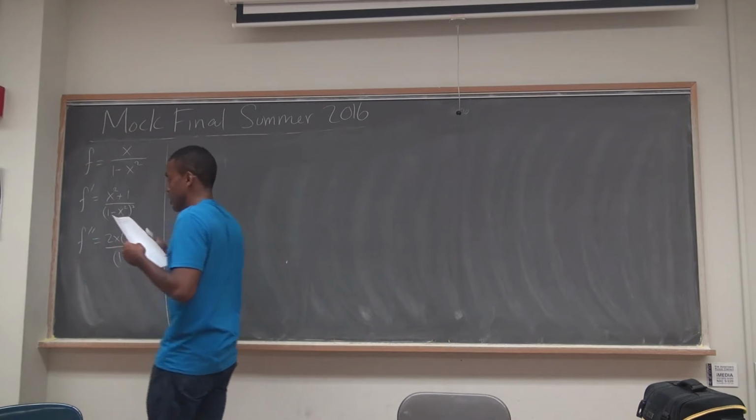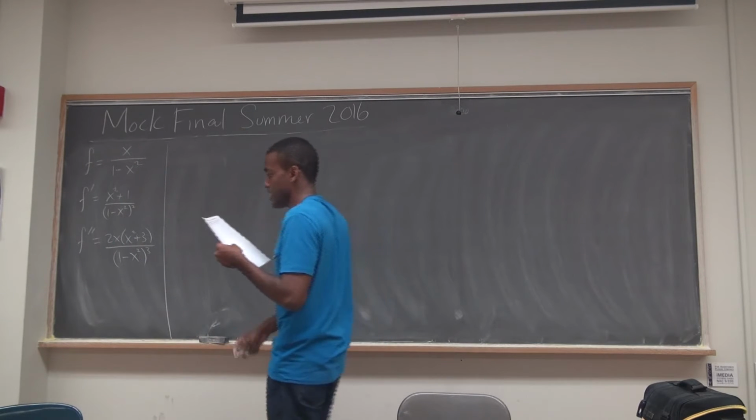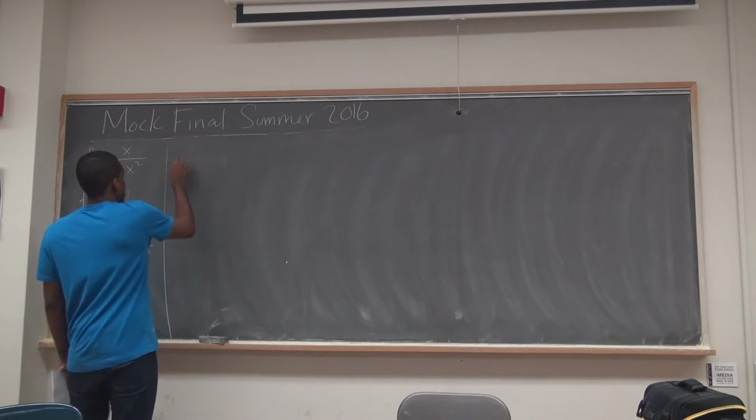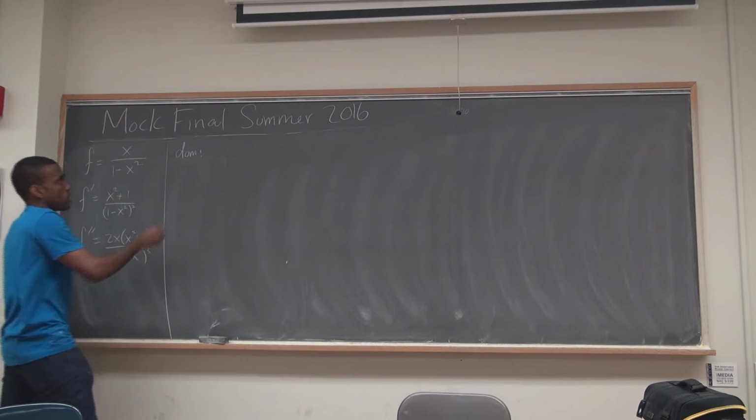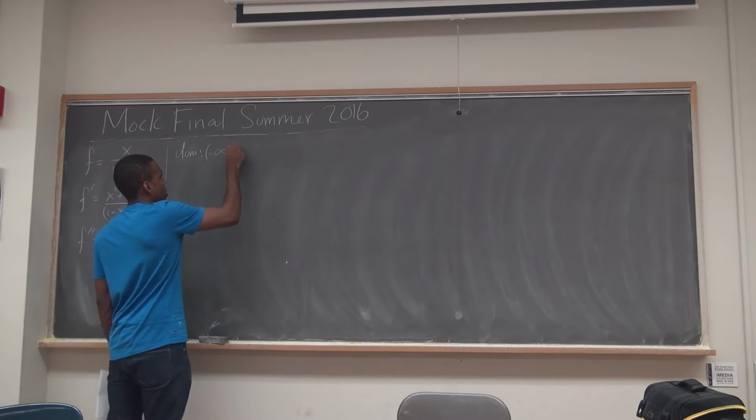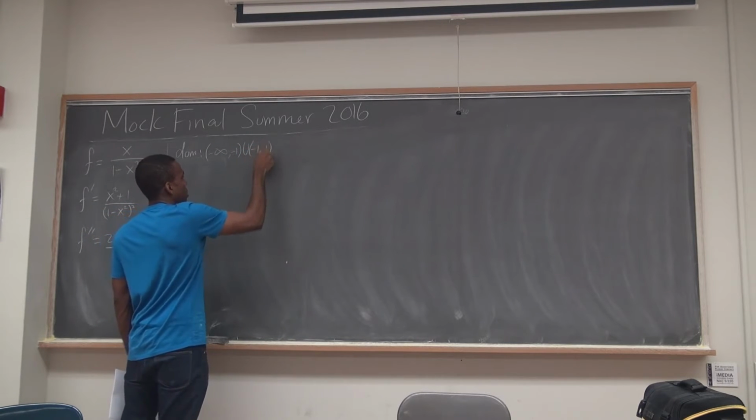Okay, so here they ask for everything: domain, intercepts, asymptotes, extremes. So let's just jump into it. Domain, of course, you can't be plus or minus 1. So it's either minus infinity to minus 1, minus 1 to 1,